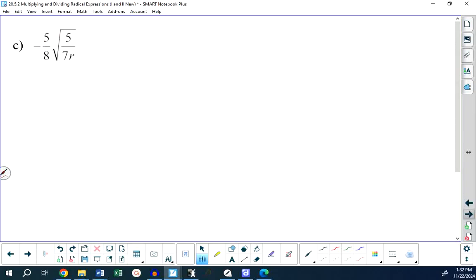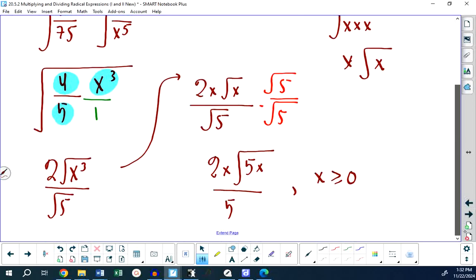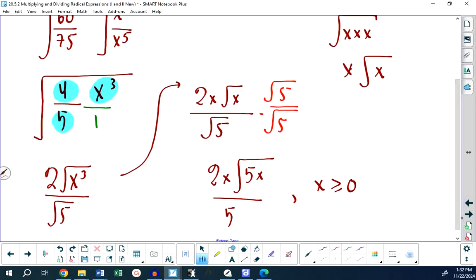Well, I'm just going to begin by rewriting this as negative 5 root 5 over 8 root 7r. I want to back up, and it's a technical issue, but in math, technical is the best way to go. My restriction, I said x is greater than or equal to 0, is incorrect. My restriction should be x is greater than 0. And the reason for that is